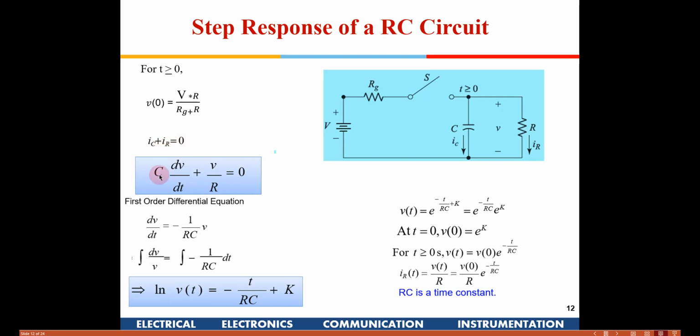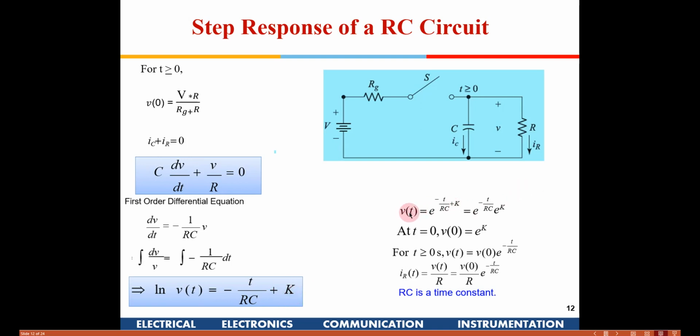The current in the capacitance is given by C dV by dt, whereas the current in the resistance is given by V divided by R. So again, we are getting dV by dt equal to minus V by R on the right hand side, moving this C to the bottom, and then we bring this V here and take the dt here and we integrate. So you get log V(t) is equal to minus t by RC plus K. K is the constant, right? Whenever we integrate we have a constant coming here.